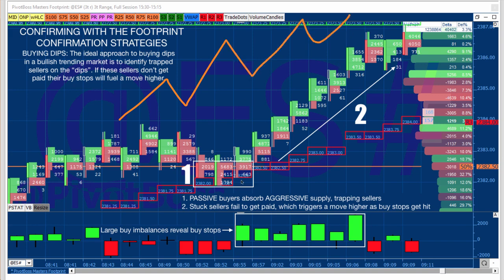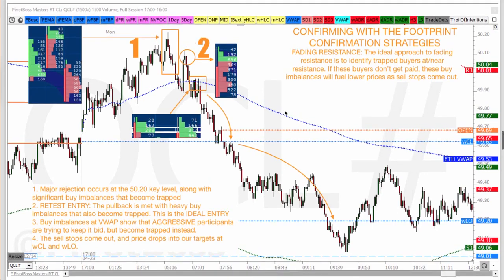Look to identify the pullbacks at the proper zones, like the trigger zone in the PIMAs, like in R3, like at LVNs, right? Those types of things. Use market structure. And when you see this fill up the red there and they can't get it going down, and instead it starts to tick up, all of those sellers start to jump ship and their buy stops trigger the move up. This was a fantastic trade right here. This was awesome. This happened Monday. This was Monday. And this is crude oil.